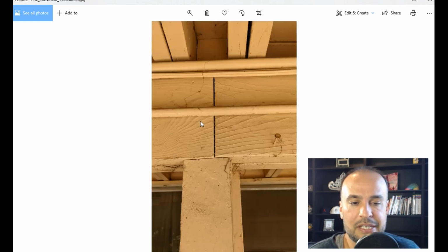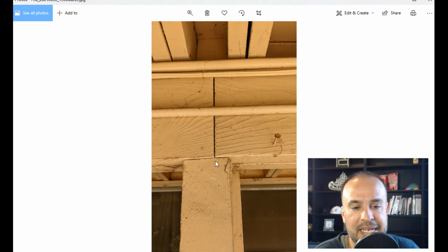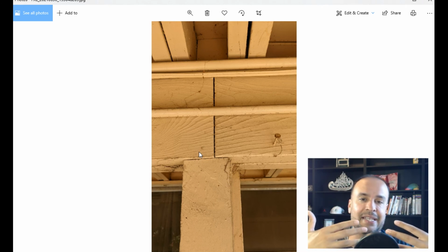One of the things that we see a lot too are splices. Splices are essentially two pieces of wood that are just spliced. Instead of one continuous piece of wood, you just have two pieces of wood that come together. In this case, again, it's all nailed together, so nothing's going to prevent these things from slipping. And so imagine again in an earthquake, when you're racking the deck, what's going to happen